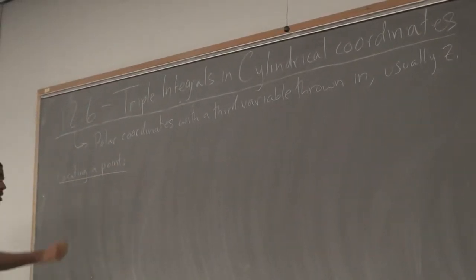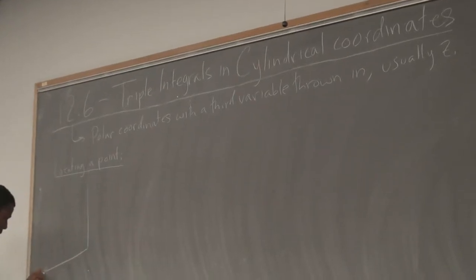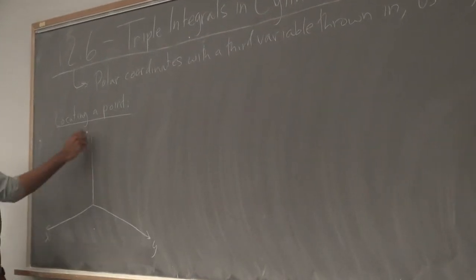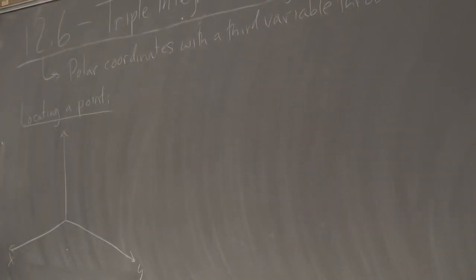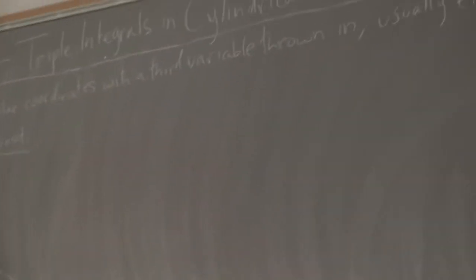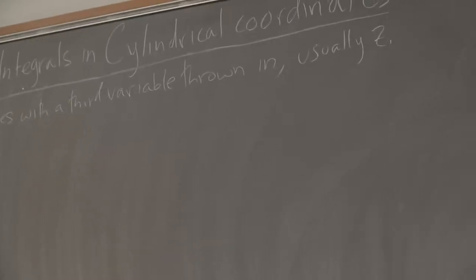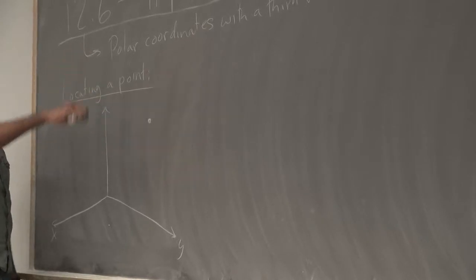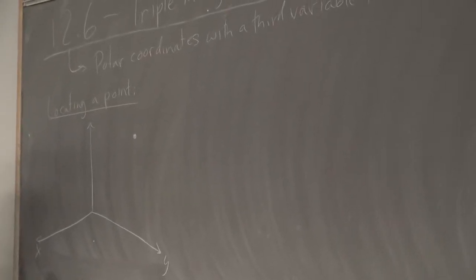Standard way is to use z as the other variable. All this means is just in one plane you're using polar coordinates to locate your point, while in the other plane is just the regular rectangular coordinate. So for example, I can locate a random point here in space floating above the xy plane somewhere by,